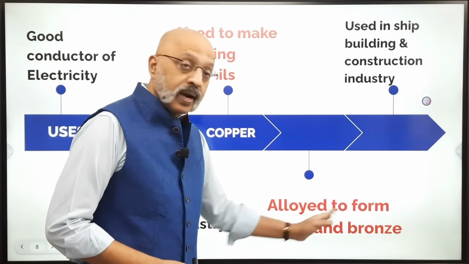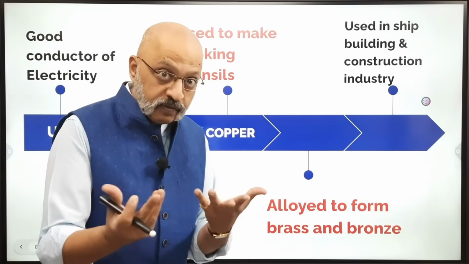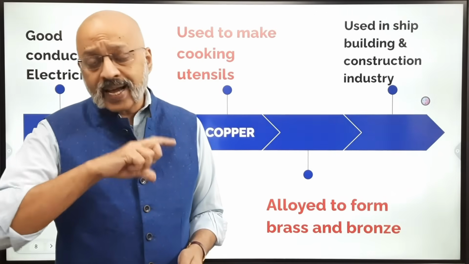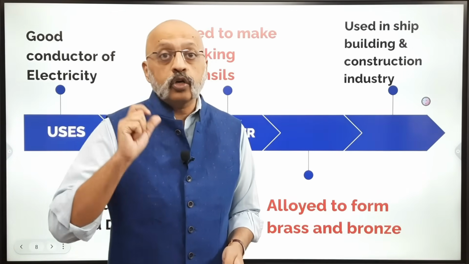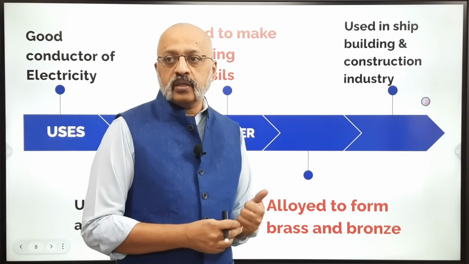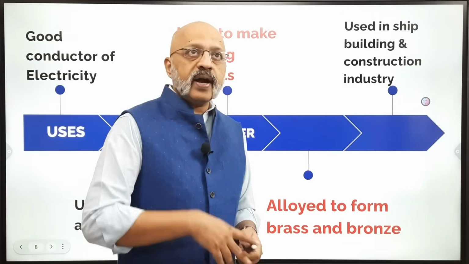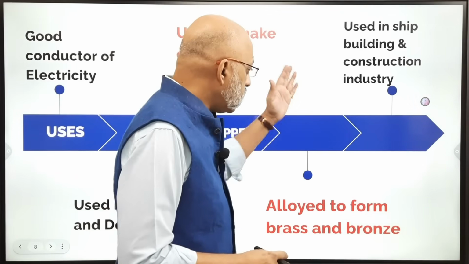How? And both brass and bronze, you would recall, have a similar kind of shiny look, like the way the photograph that I showed of copper. So it is alloyed with zinc in order to form brass and along with tin in order to make bronze. It is used in the shipbuilding industry. It is used in building construction for roofing and plumbing purposes. In fact, if you see many of the pipes, etc., they use copper also. Okay, so this is how